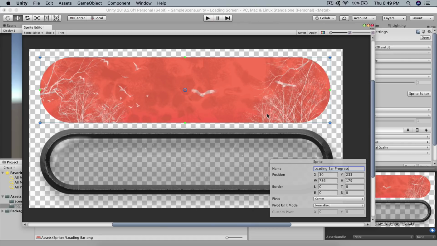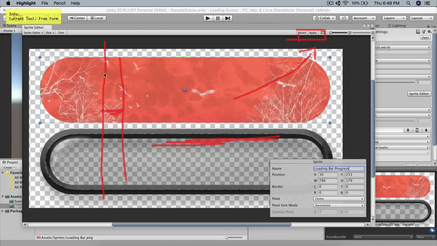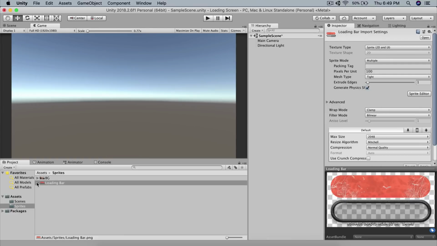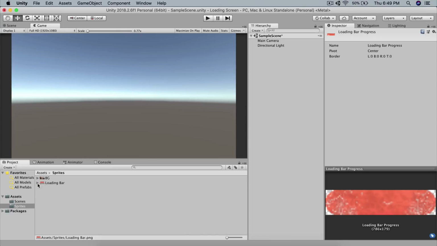Now that we have that, you are going to click the apply button, which is right here, at the top right corner of this window. When you click apply, they will be separated and we can use them on their own. So now we have two of these and we can use them separated from each other. This is the preparation we needed to make this work. Now we are going to start creating our